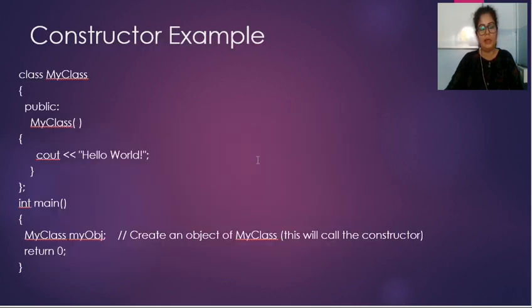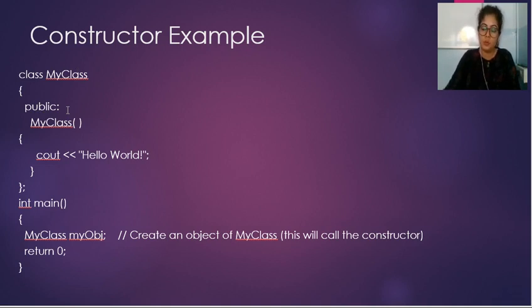Now I have taken an example of a constructor, to show how we can use a constructor in a program. Now look at the first line. Class is the keyword, which means we are declaring a class. The name of the class here is my class. I have given the name my class. Then the curly bracket starts. In the curly bracket, I want to give the access specifier public to my constructor.